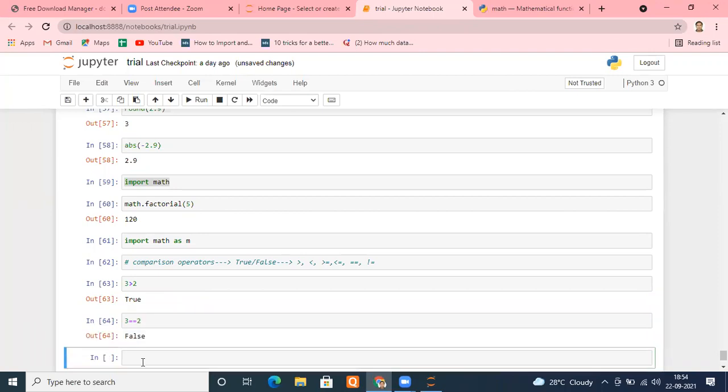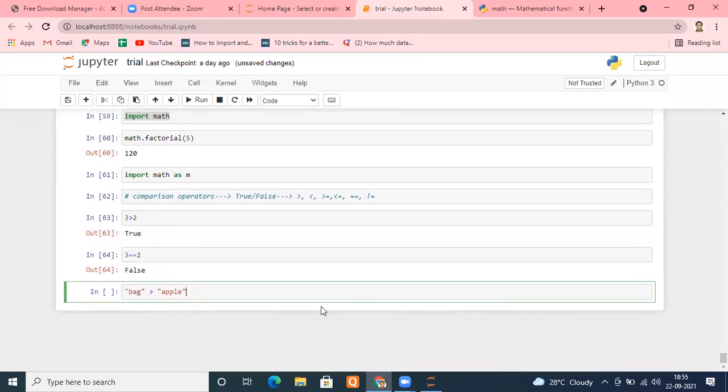One more thing. Suppose I'm typing bag greater than apple. What will it return? Any idea? Error? No, it won't return an error, it will check. Let me check whether it's false or true.